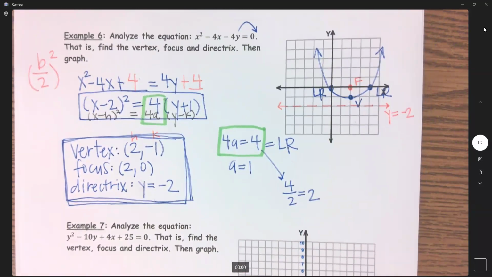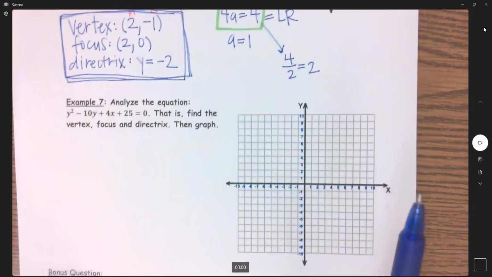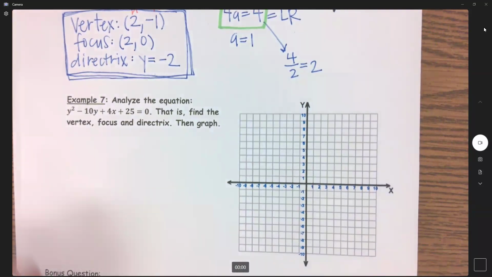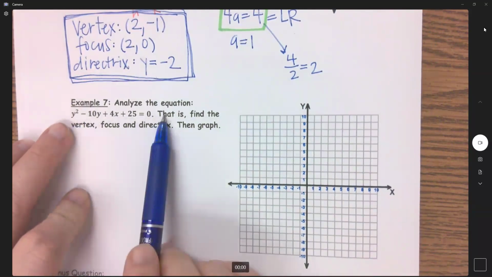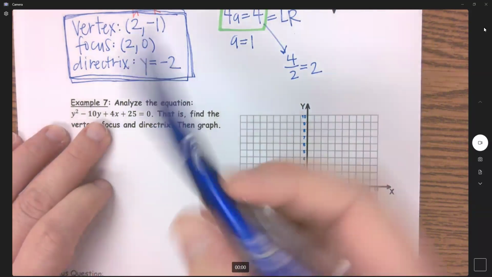Let's do another similar one right here. On this one, I can see I only have a y squared, no x squared. So I need to move